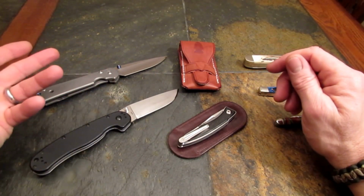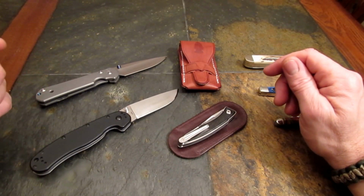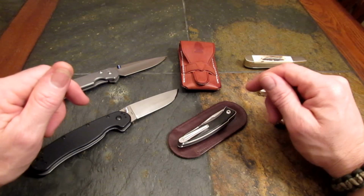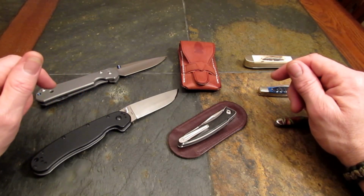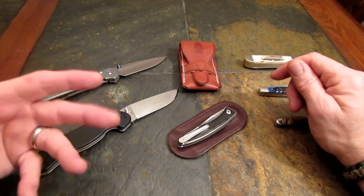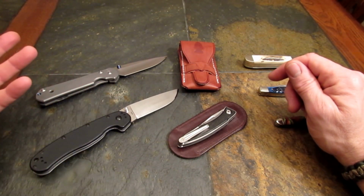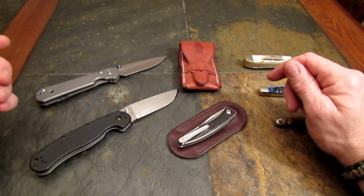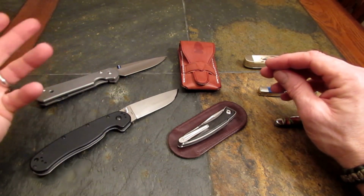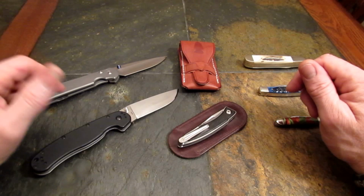If you guys are knife nuts, you're going to understand what I'm talking about. Our tastes change, and they go in cycles, and they evolve over time, don't they? And of late, I've kind of been desiring to have smaller, more highly finished, let's say jewel-like knives as part of my EDC